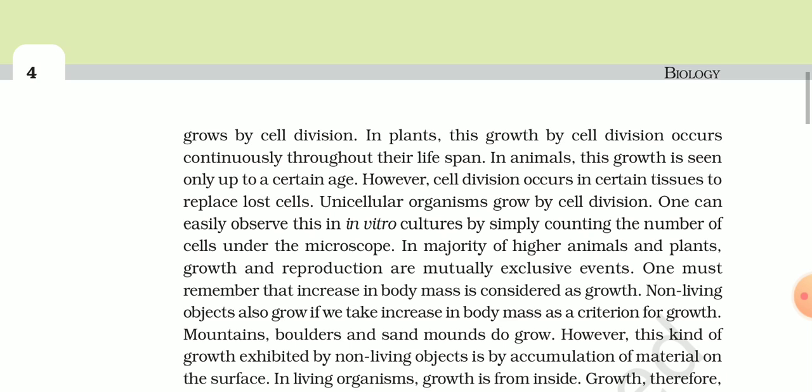Unicellular organisms grow by cell division. You can also see that unicellular organism means organisms having a single cell. They also grow by cell division. One can easily observe this in vitro cultures by simply counting the number of cells under the microscope. In vitro means in the laboratory, you can observe under the slide that first of all there will be only one cell, and after some time if you watch you can see a number of cells. You can simply count and see that cell division has occurred